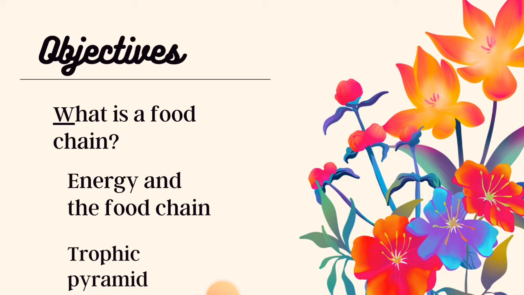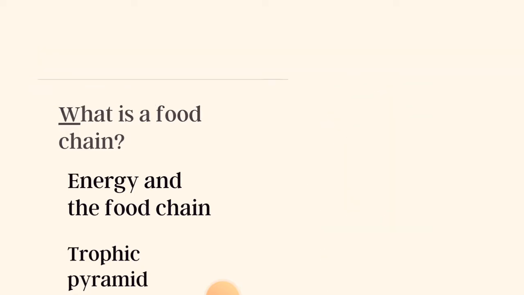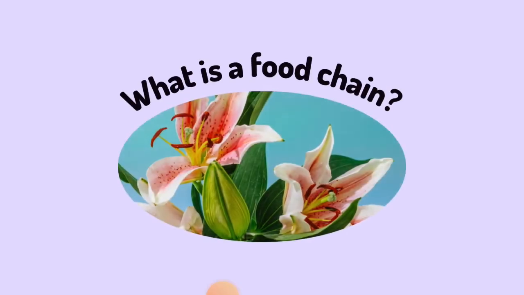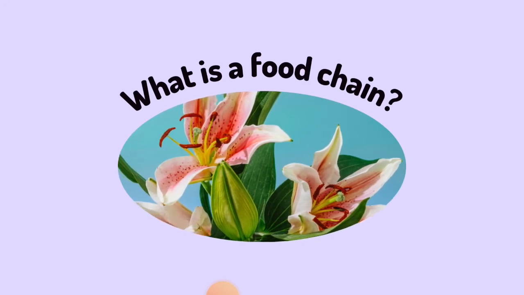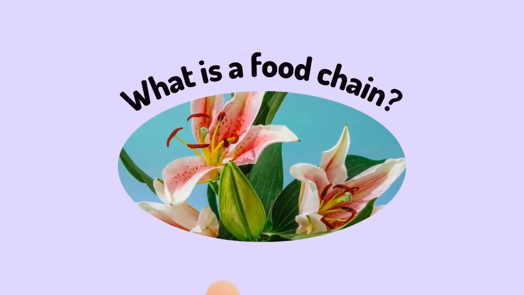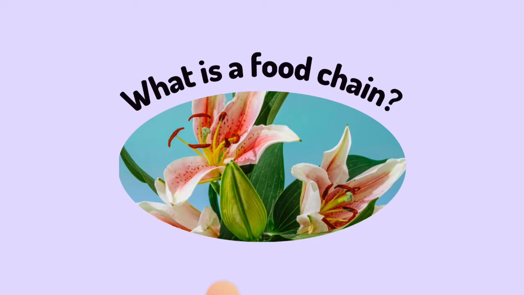Okay, so let's continue. What is a food chain? You know what a chain is? A series of links. Oftentimes mommy says, help me bring that chain. You mistake a necklace for a chain, you call it a chain. How does it result? When you tie one thing to another, you just keep linking or joining one thing to the other. It gives you a chain.